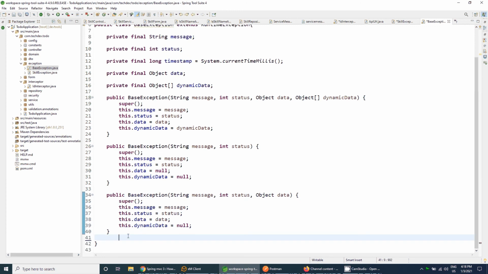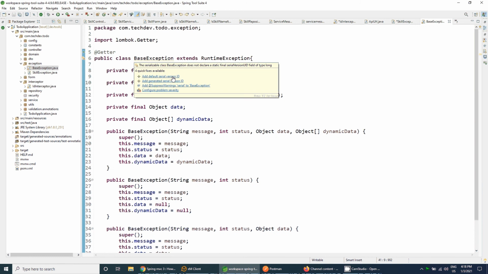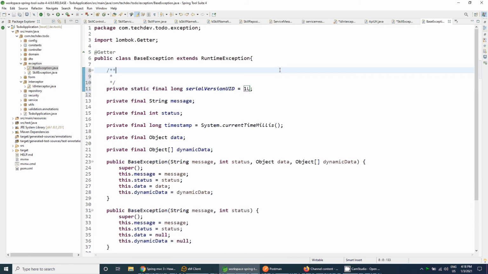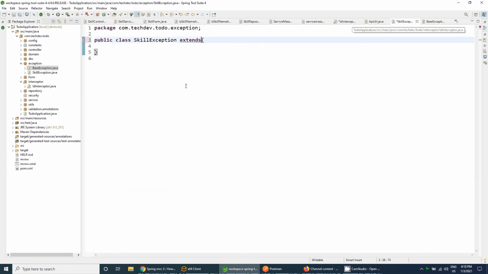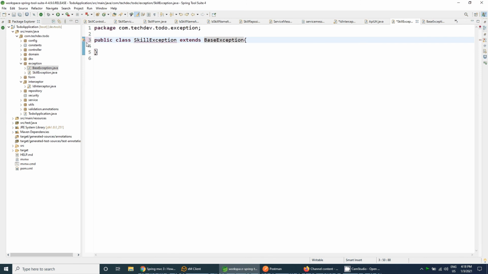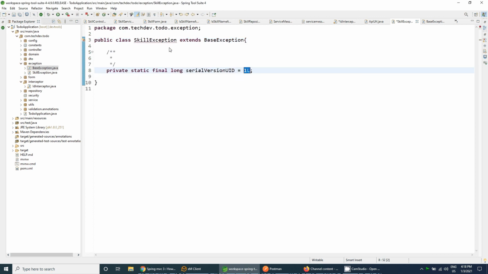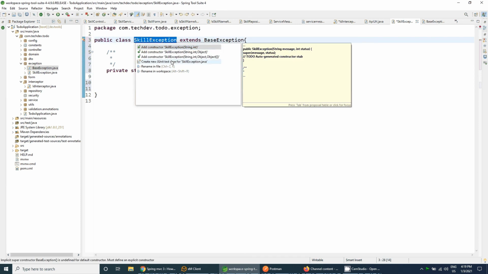So let's continue. The BaseException will definitely have a serial version ID, and inside this we have the getters. After that we extend the BaseException, and after extending we need to generate the serial version and override the constructors.